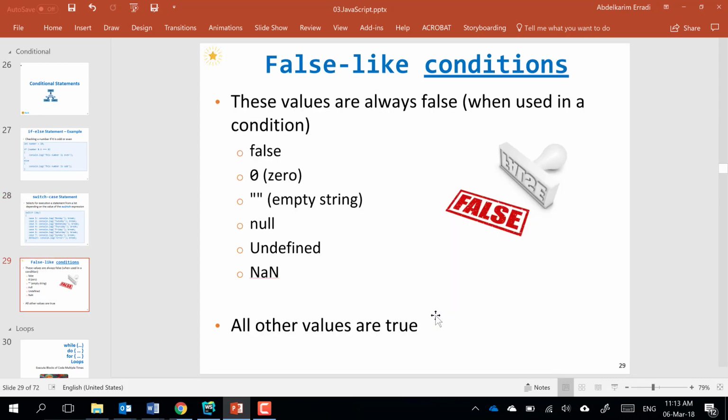Okay, so when you are doing an if statement, what do we follow the if statement with? A condition. So we do if, and between parentheses, we put a condition. Now, inside the condition, if the expression in the condition results in any of these, that condition will be false. Otherwise, it will be true. Yes? So, for example, if there is a condition,